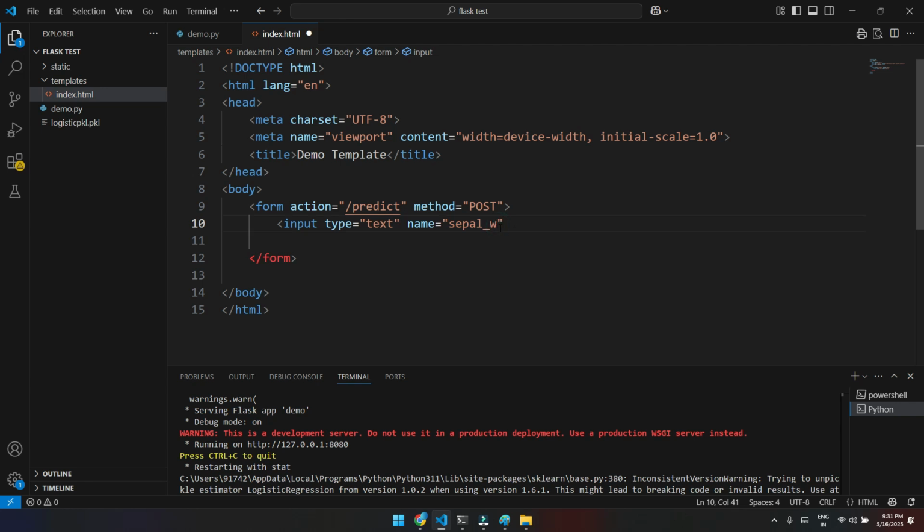Okay, complete thing we are not expecting. I will just better write this sepal length. Then you can write again input type equal to text, one more text box. This time you are expecting sepal width,